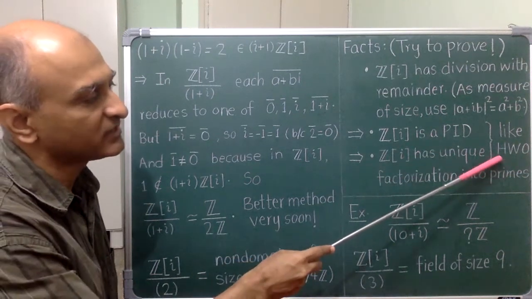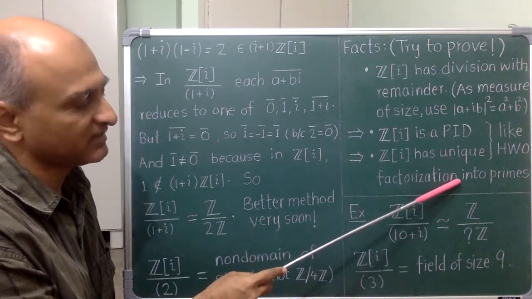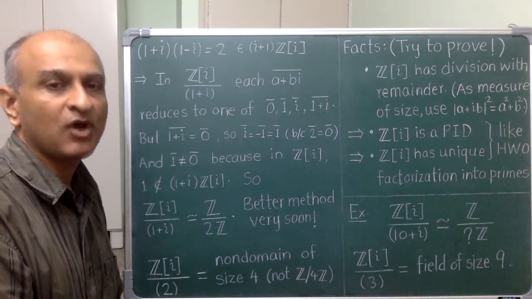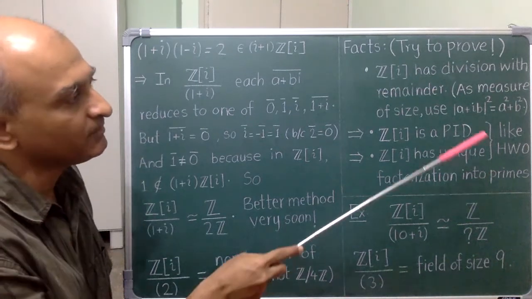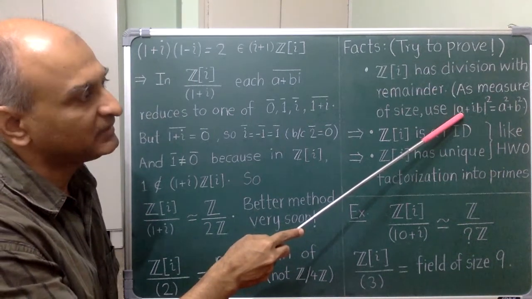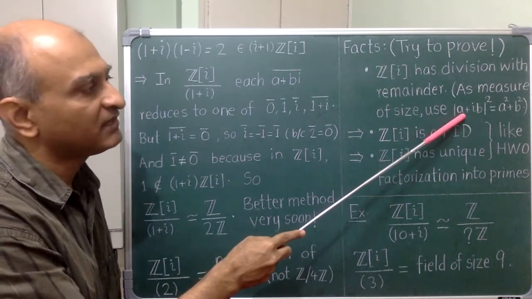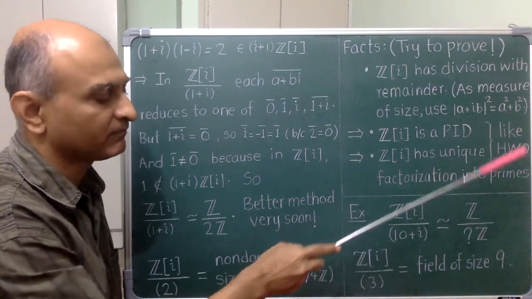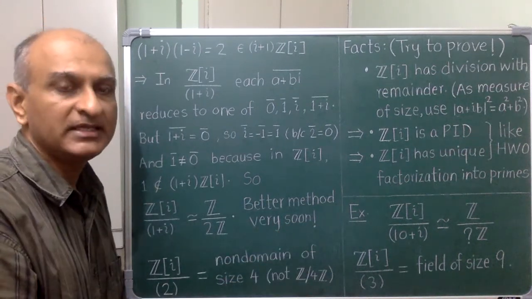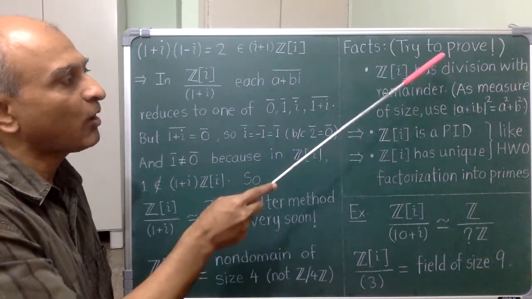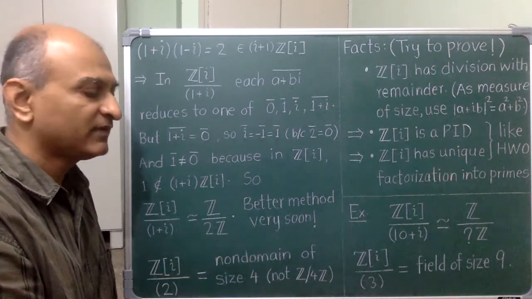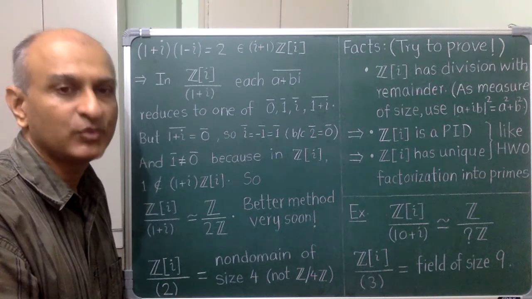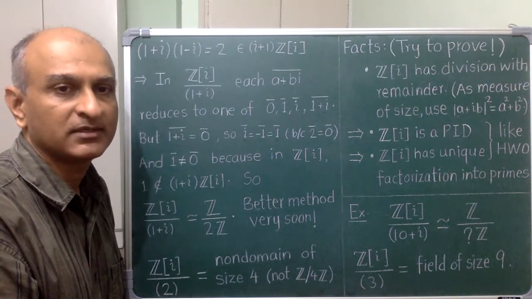And then just like homework 0, I can prove a unique factorization theorem. All you need to get started is the notion of the size of a Gaussian integer a plus ib. But then I remember the complex norm and define the size to be the non-negative integer a squared plus b squared. Now you have all the ingredients necessary to do all of this on your own. I will also discuss it in a couple of lectures, but it sticks better in your mind if you do it on your own. So go for it.